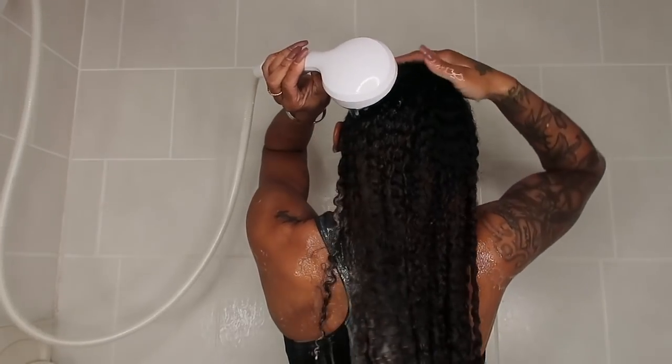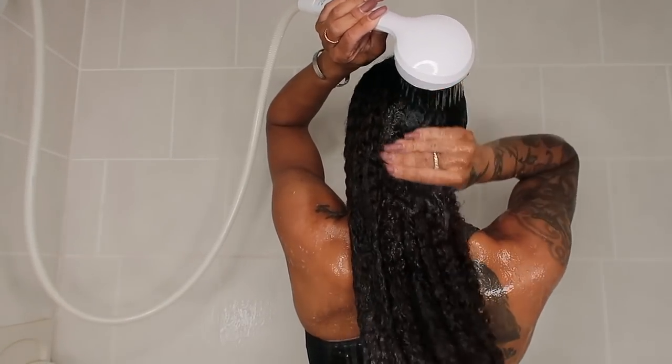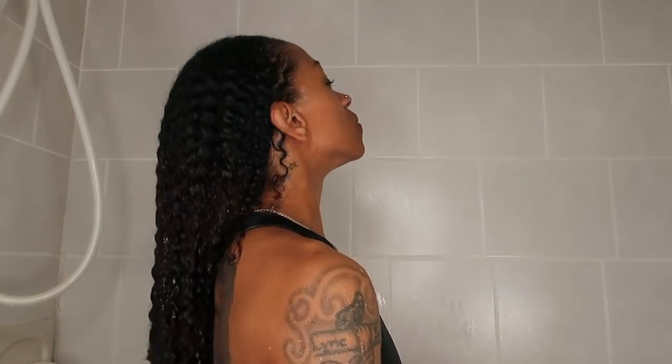But I will say, as I kept rinsing my hair, I noticed so much shine. My curls were so defined. It didn't look like dry straw anymore, and so I guess my hair did get some type of treatment that it needed. It felt stronger. I didn't have any shedding. You know, my hair just felt like it was brought back to life, and that's something that I needed,